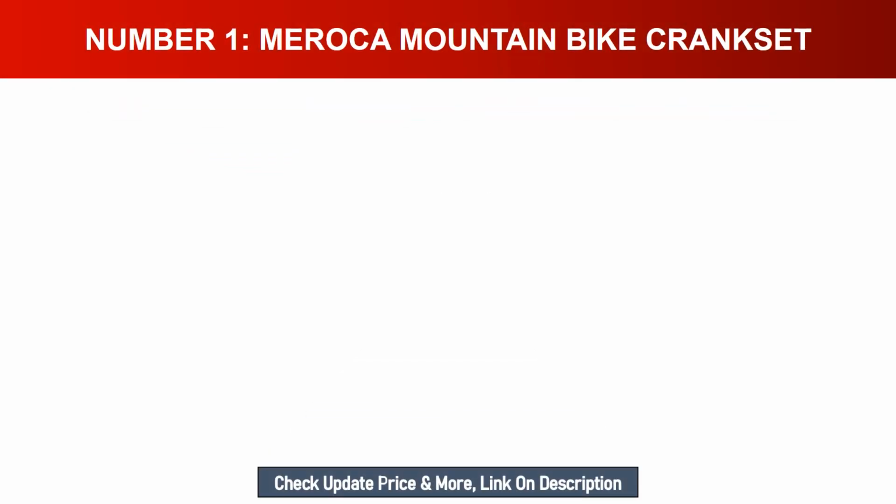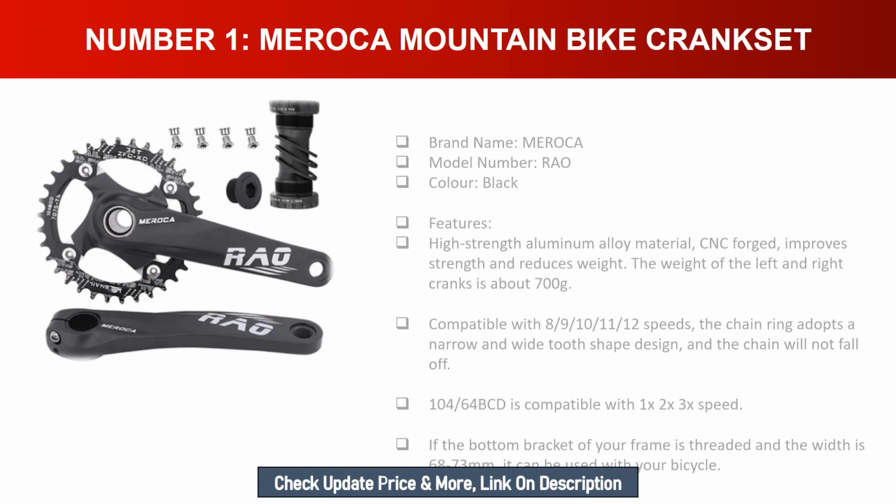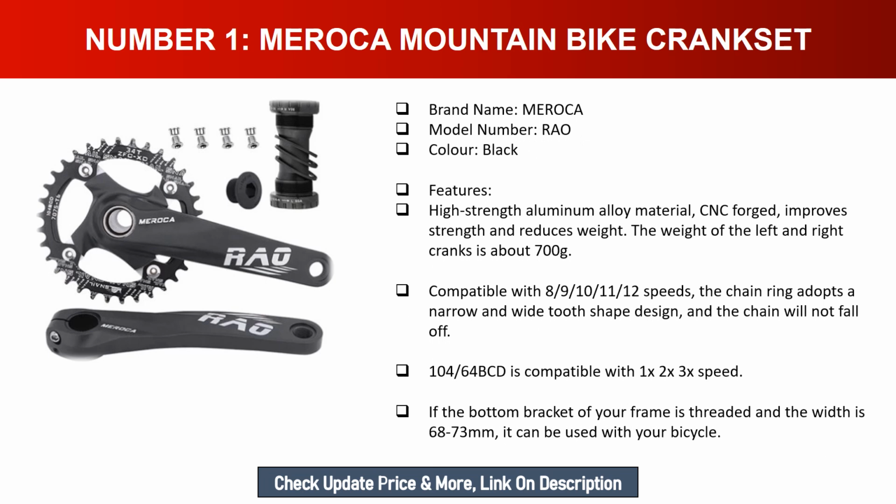Number 1, Moroka Mountain Bike Crankset. Brand name, Moroka. Model number, RAO. Color, black. Features, high-strength aluminum alloy material, CNC forged, improves strength and reduces weight. The weight of the left and right cranks is about 700 g, compatible with